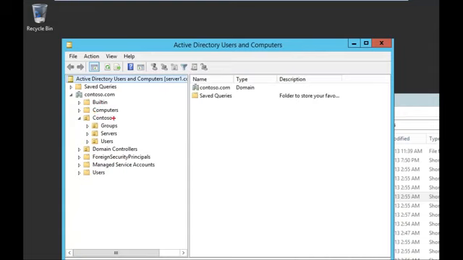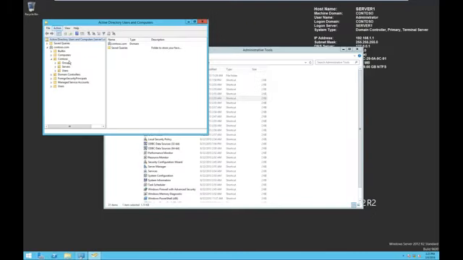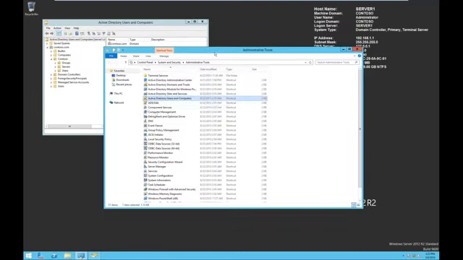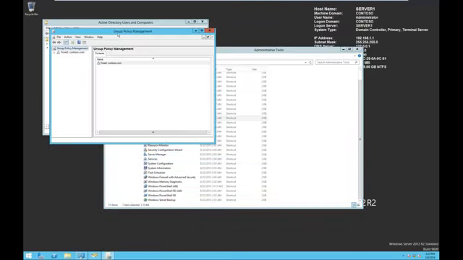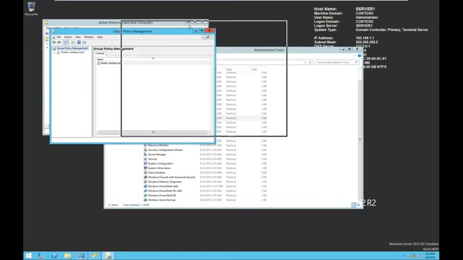Now I have created an OU structure of Kintoso, and then what I did was I created them by object type. So we have groups, servers, computers, all under the Kintoso OU. And we do this because we want to be able to apply group policy in a hierarchical fashion. Let's go over to the GPMC now, and we'll open that up kind of side by side,